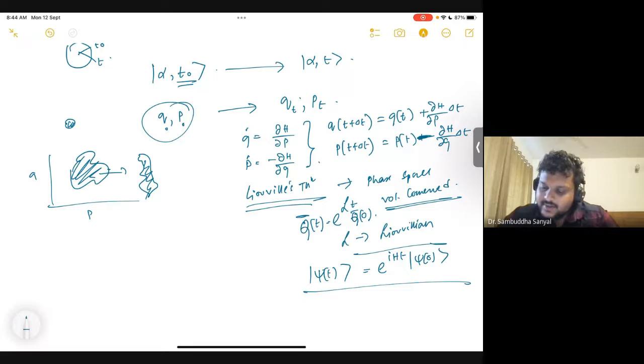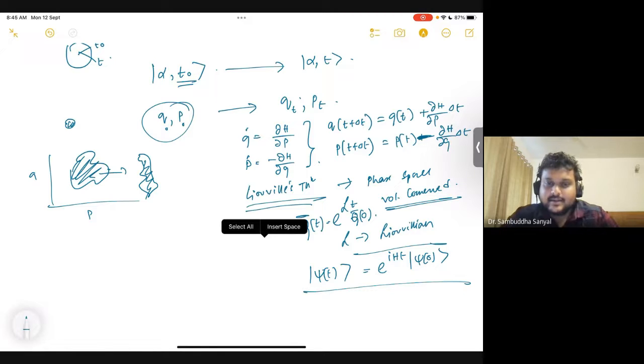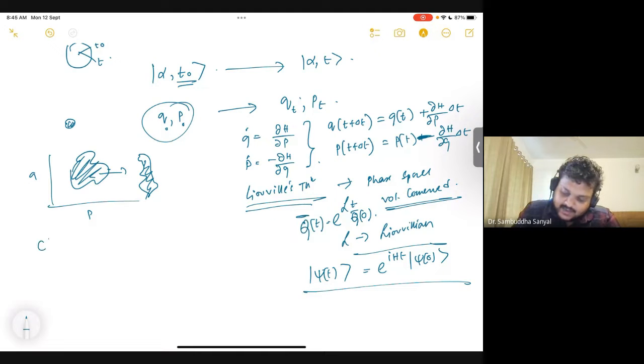So one thing just to understand is that classical mechanics is not just any pair of first order differential equations. It is a pair of first order differential equations that preserves total energy and phase space volume. Just know that much, and we will build up on that later. It's not very important for quantum mechanics, but just good to know. Similarly, you will see that quantum dynamics will also have something similar.